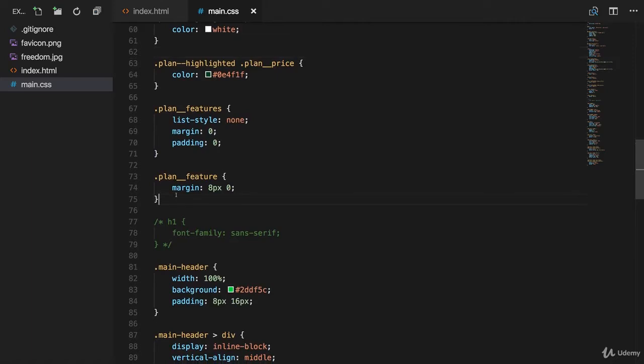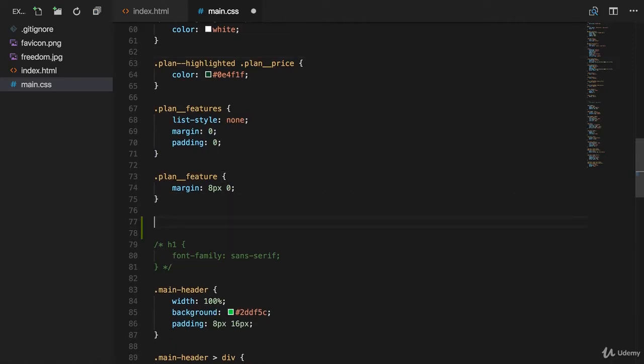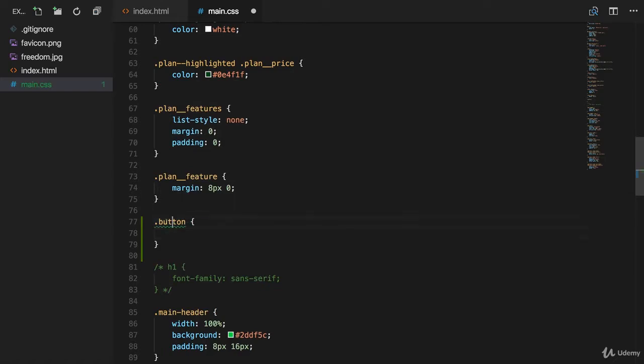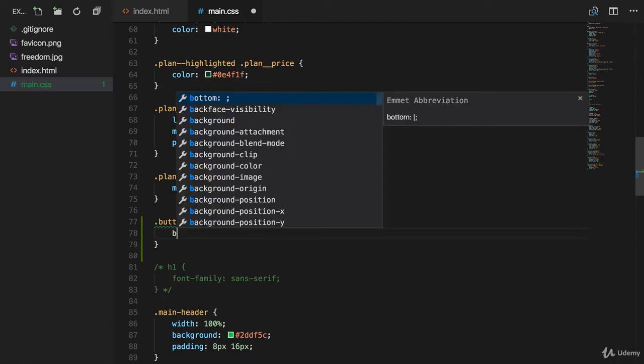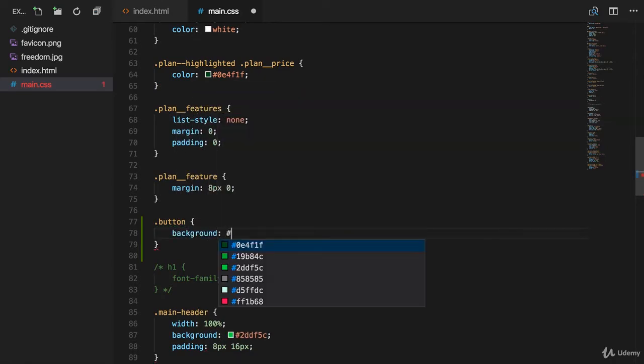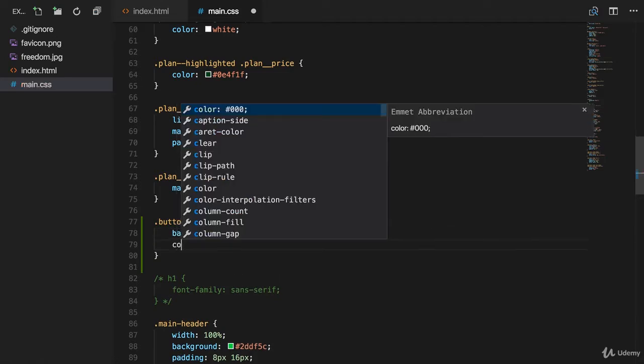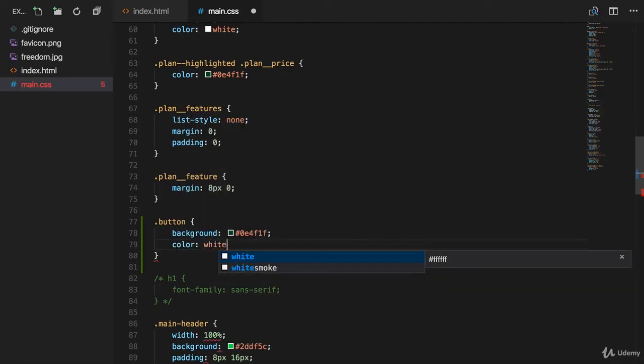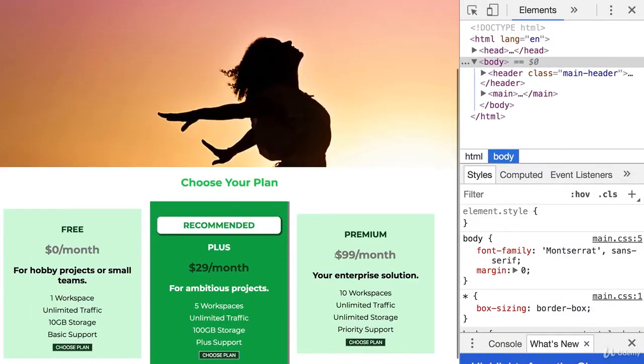I'll add the button styles at the bottom of our plan section. And as I said, I will set up a generic button style for that button class. So let's use the button selector. And let's start by adding a background color. Here I want to use the dark green for all the buttons on the page. I also want to give them a white text like this. If we now save this and we go back and reload, we can see that,